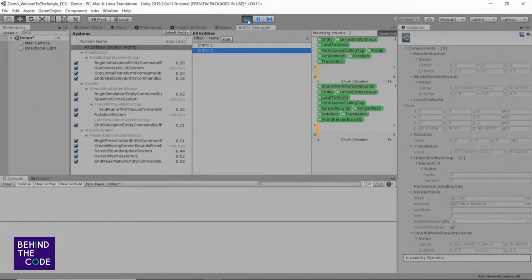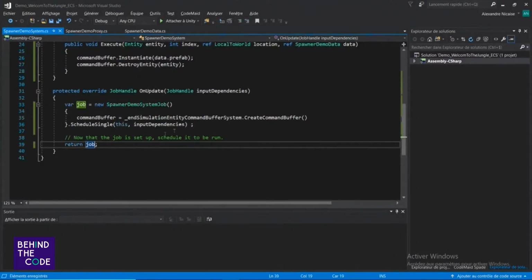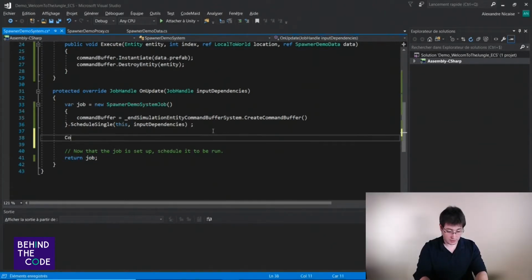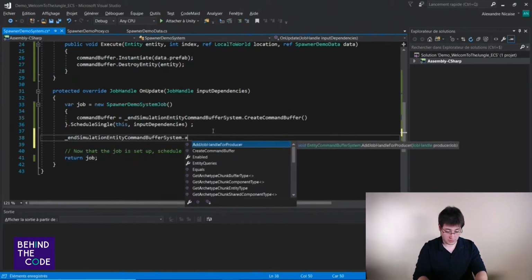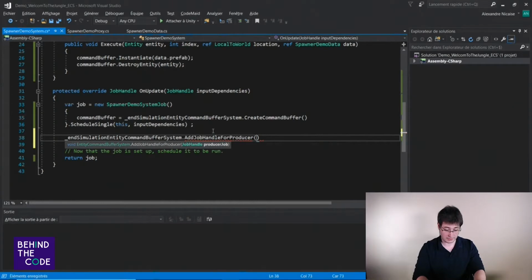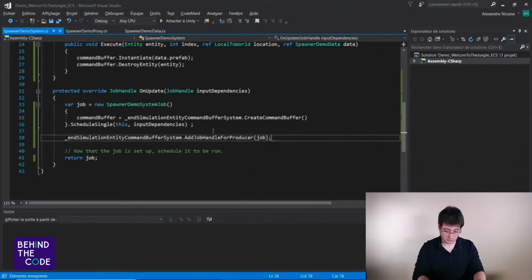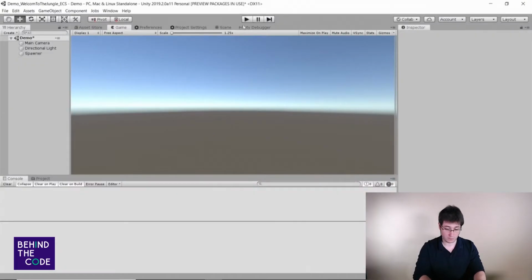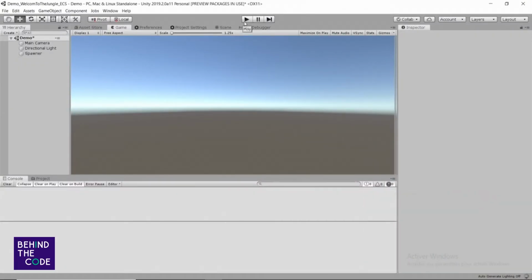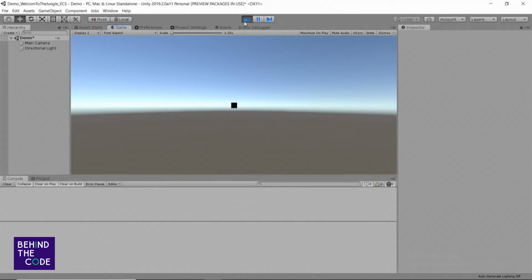So like this, but I will also put that like this in simulation dot add job handle for processor and job. Voilà. And yes, it's working. So yes.